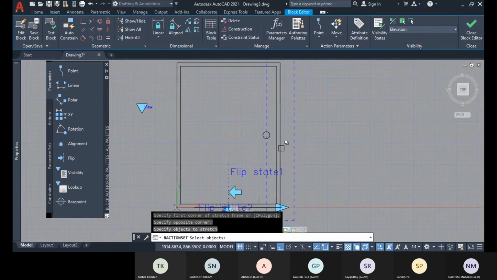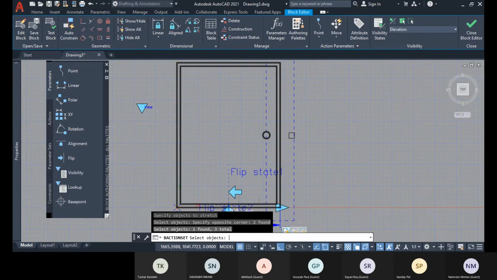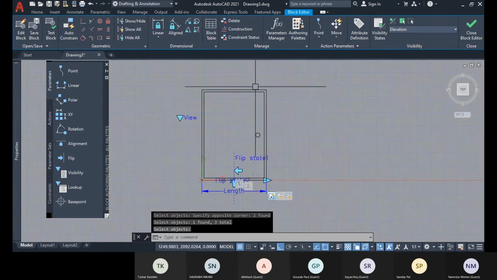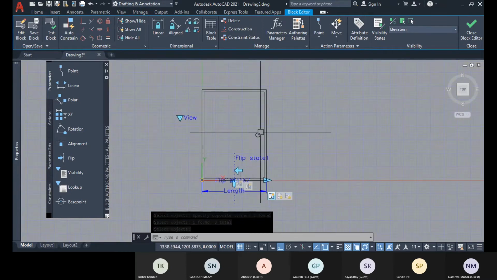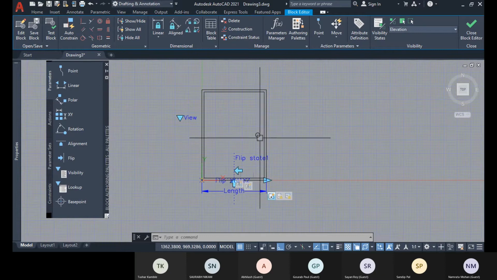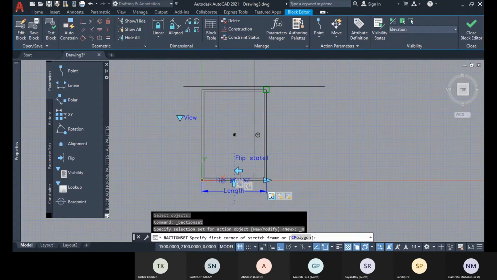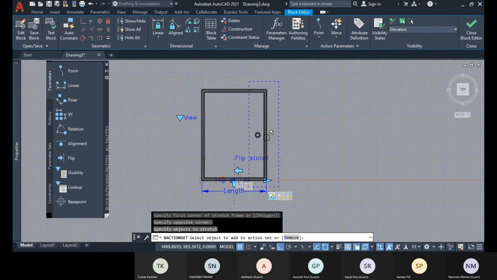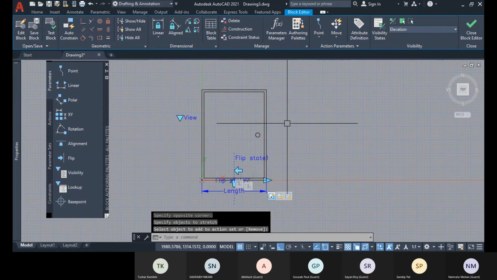Okay, and you select these two objects and this object as well and press enter. So I have made one mistake: the stretch corner should be covering this whole circle so that this will move. So I will go to modify selection set again, and I will specify the stretch corner this way, and all the objects are selected, that is okay. So I will press enter.